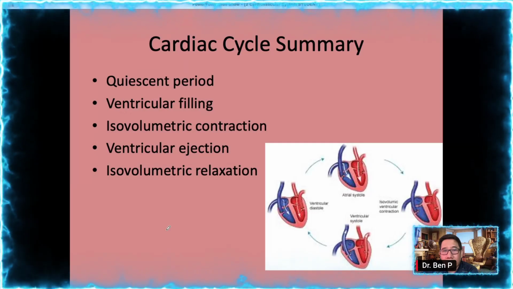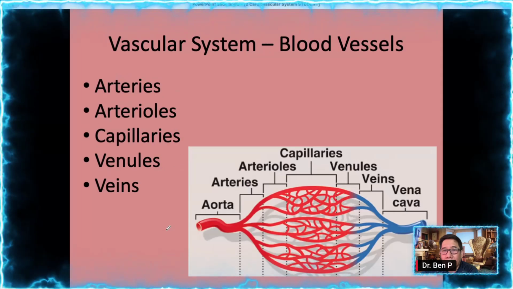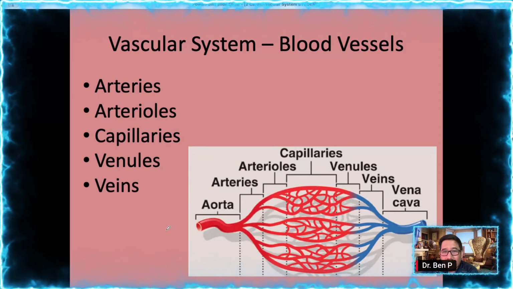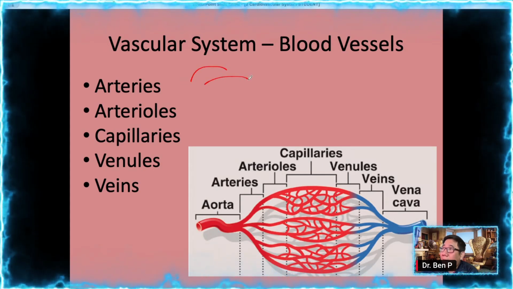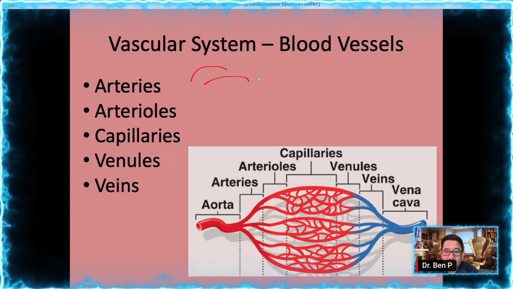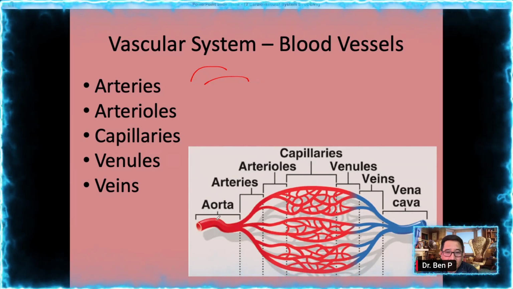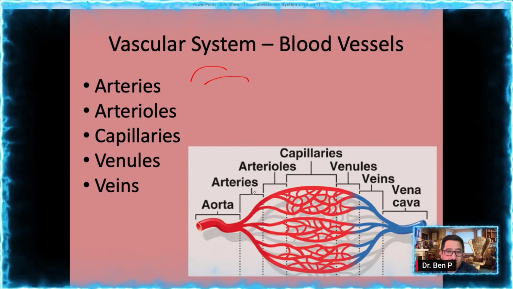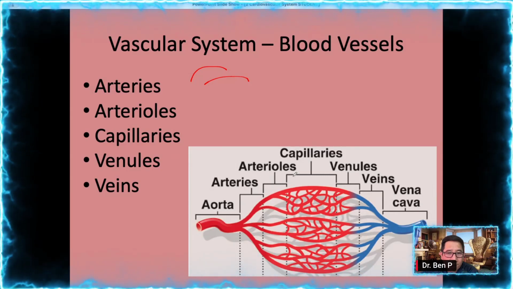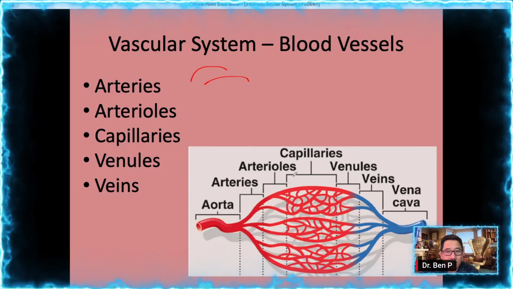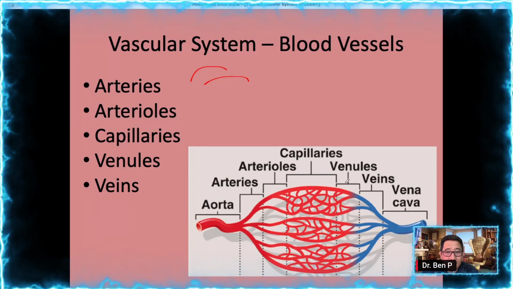Okay. So we talked about all of those cardiac cycles. So now we're going to look at the blood vessel system. What blood vessel system? In the lab we talked about the aorta. The aorta is the big, huge artery, right? Aorta is the biggest one, and as you go from the aorta, it breaks up into smaller ones. We call those arteries. Even smaller ones would be arterioles, and then capillaries, where the gas exchange and nutrient exchange happen. And then you go back to the heart through the venules, which are small veins, tiny little veins,